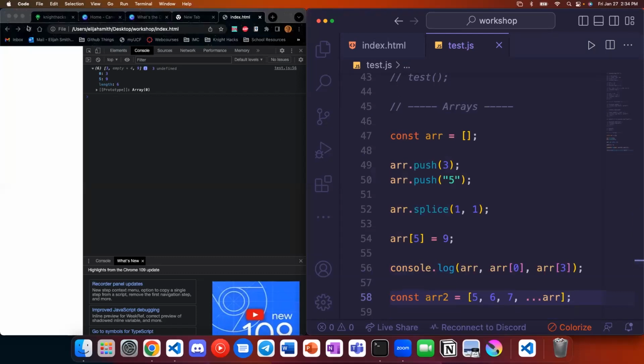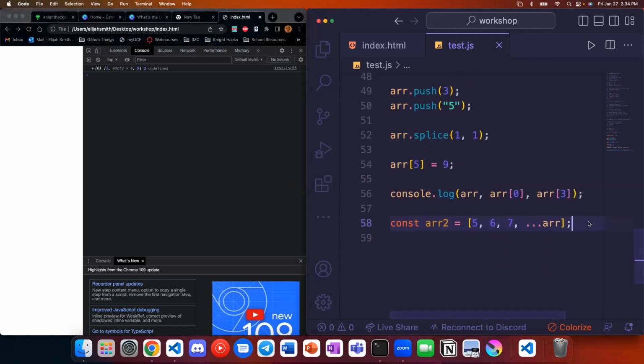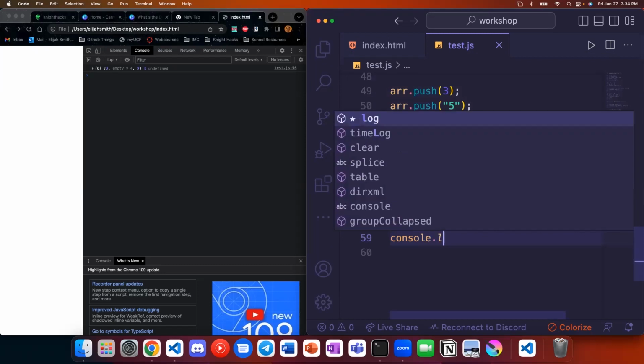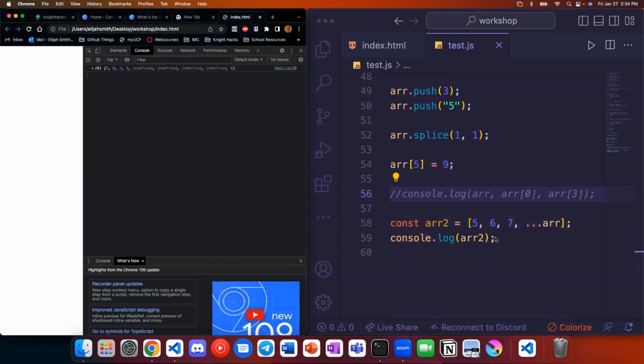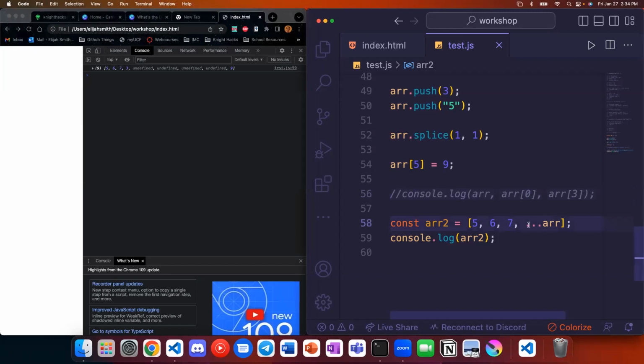This spread operator means take what's currently in there and just take all the elements and lay them out flat. So if I do this, now we have these 3 things at the beginning of our new array. All of the items in array, all of the indices have been spread out, which started with 3 and has 4 undefined indexes, and then the number 9.